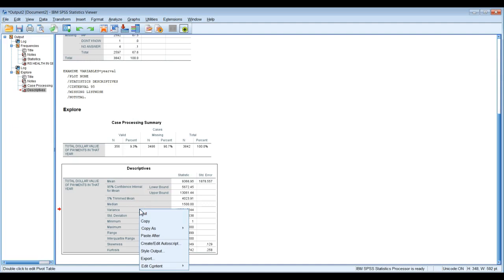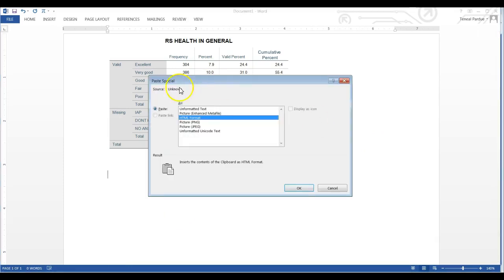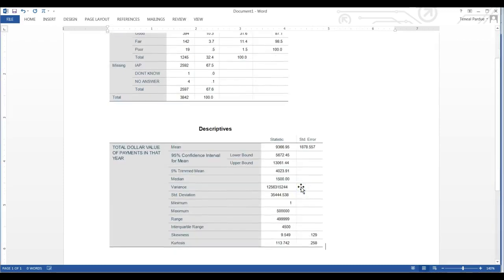So we're going to do the same thing we did before. Right click here, copy as EMF, and then come over here, Control-Alt-V, enhanced metafile. And we seem to be good. All right, so